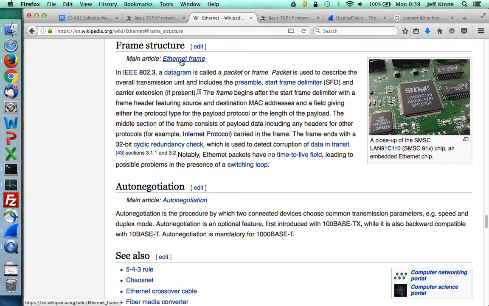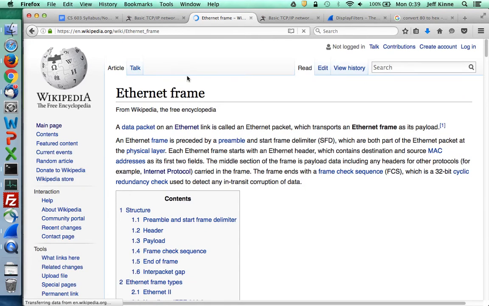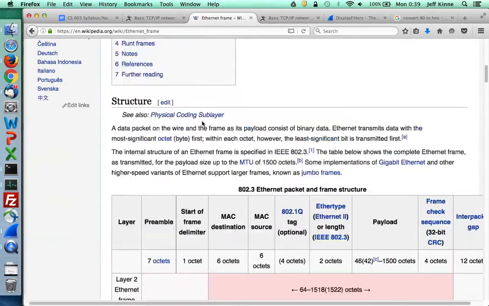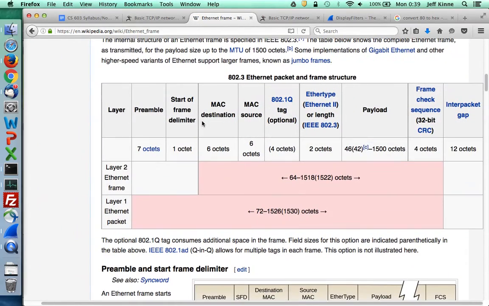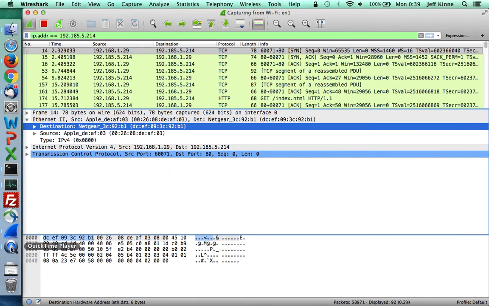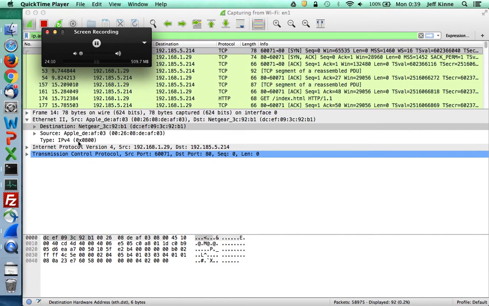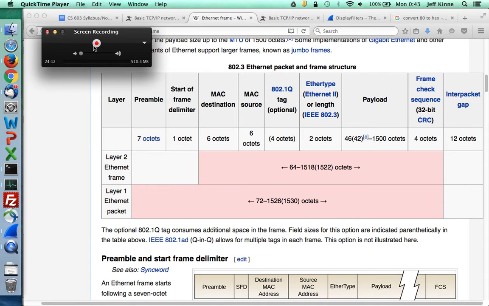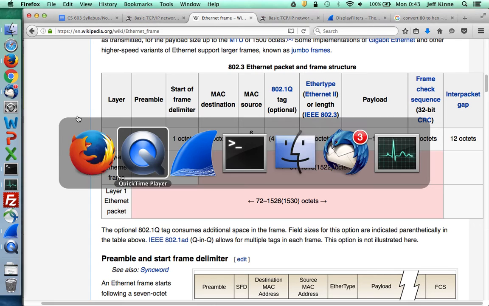So we'll click on Ethernet frame. All right, here we go. Here's a header. Let me pause. Okay, so if we clicked on the Ethernet,